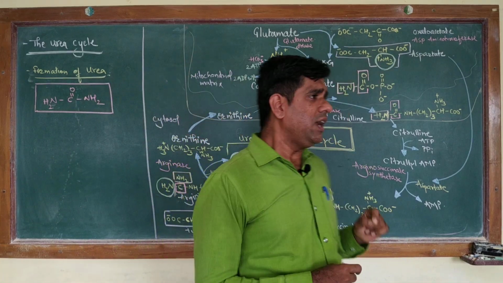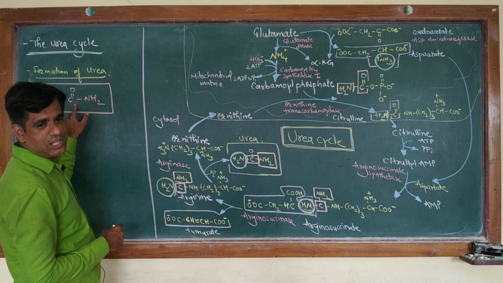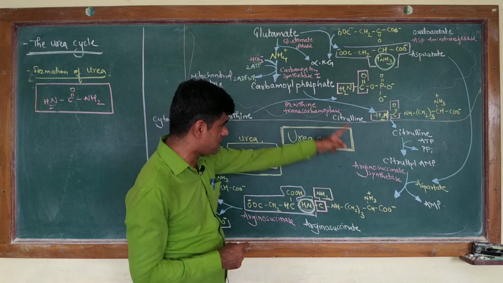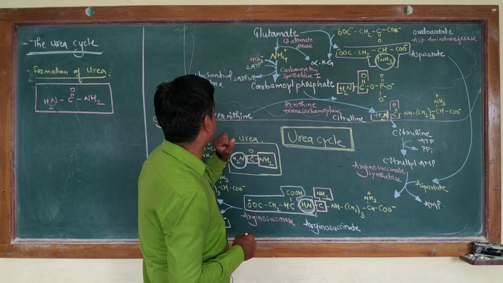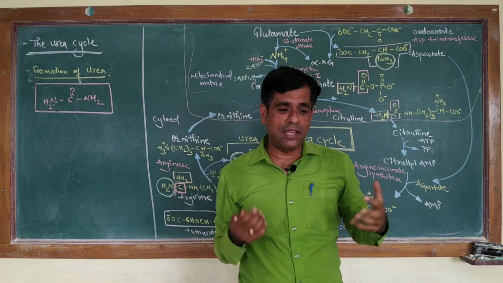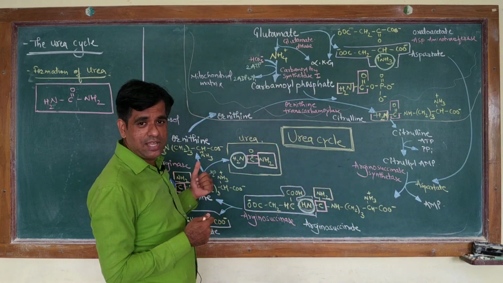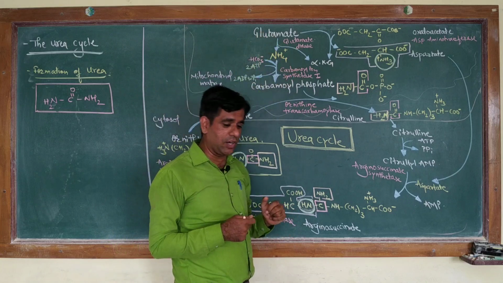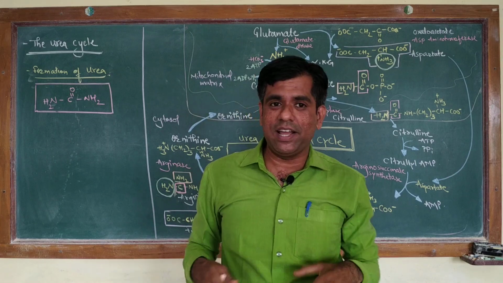This urea is formed by the combination of amino groups and CO2. So talking about this urea cycle, these 4 sequential steps start in the mitochondria. You have ammonia from different sources. It may be from alanine, from a transamination reaction, or from the action of glutaminase. It may be from the action of glutamate dehydrogenase, which removes ammonia. It may also be from the oxidation of amino acids by the bacteria in your intestine.